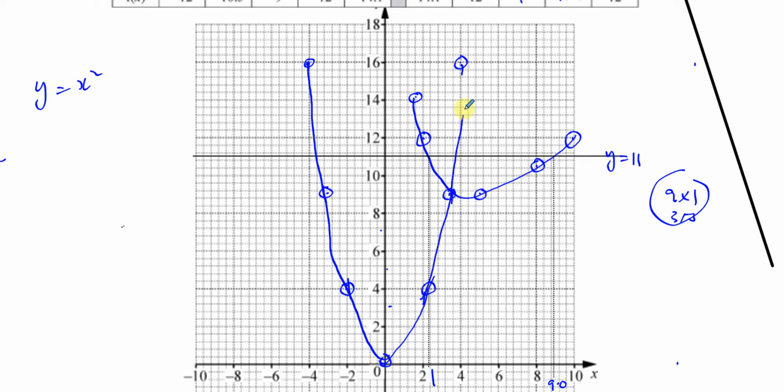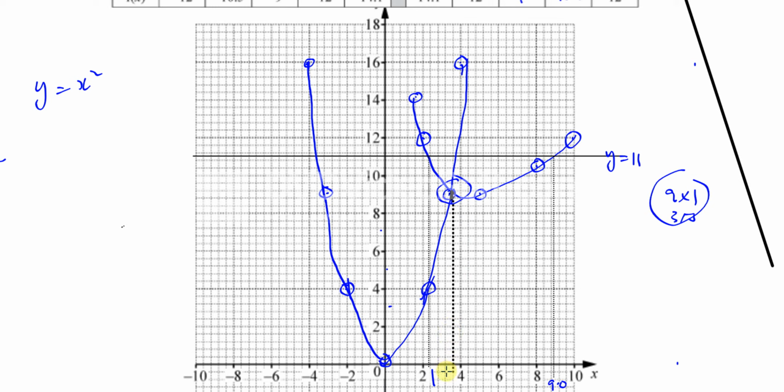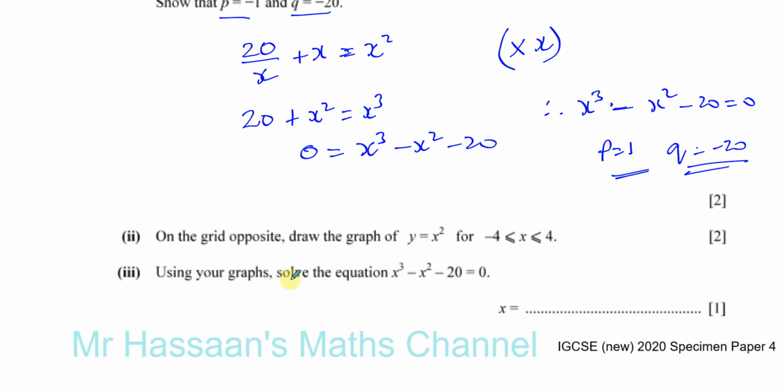It's not bad. Anyway, we can see that there's one place where they intersect, which is here. And that would be the solution to where x squared is equal to this graph. Let me just use a thinner and dotted line. So where they intersect, which is about here, is the solution to that equation. And you can see that's at about 3.6, because remember these are 0.4. 3.6, that's about 3.6. So that's the solution, because it says using your graphs, solve the equation